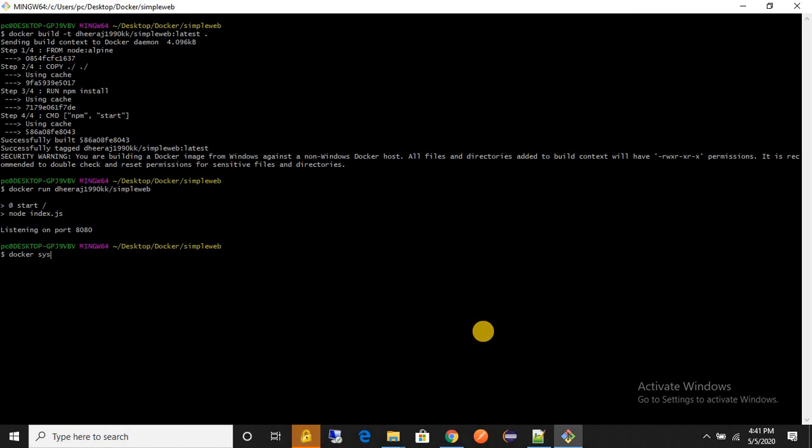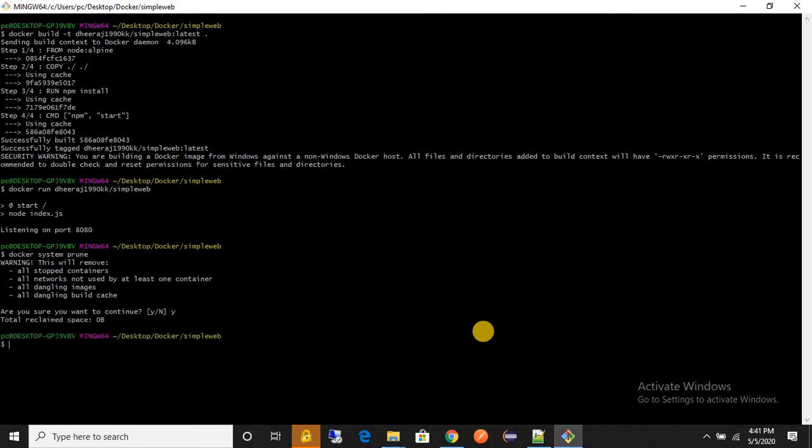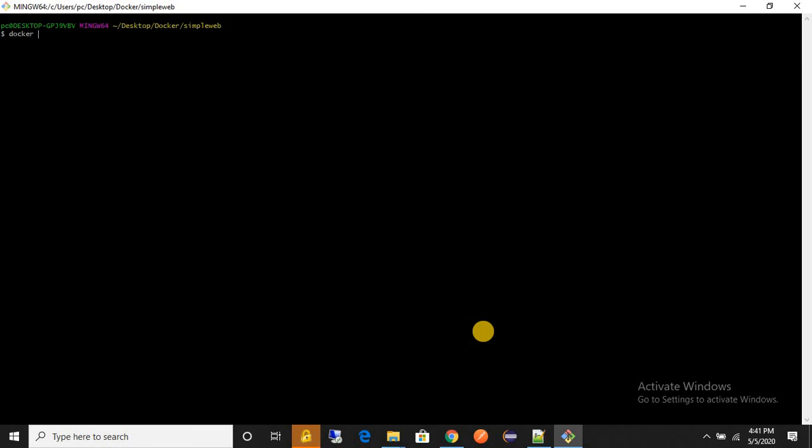So Docker system prune, yes, clear the screen. Now Docker build -t Docker ID slash your directory name colon latest.